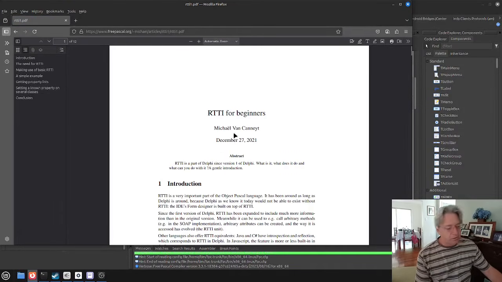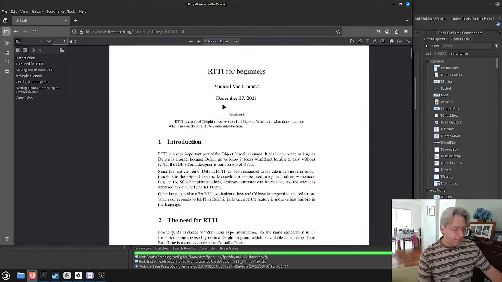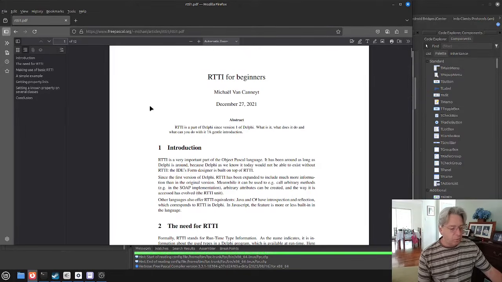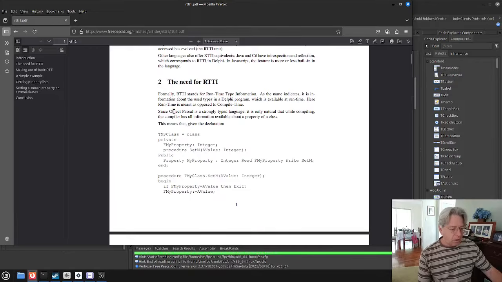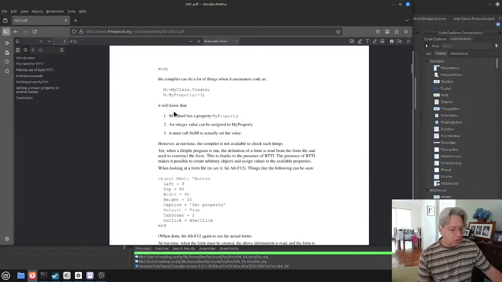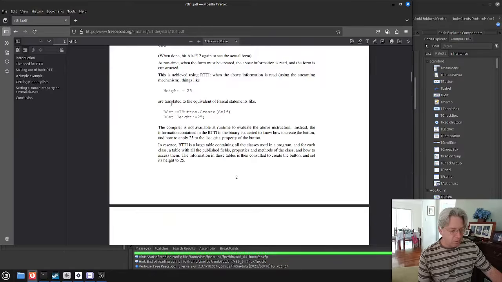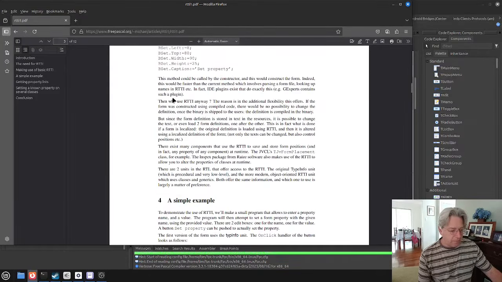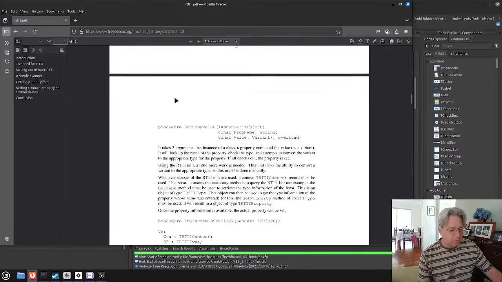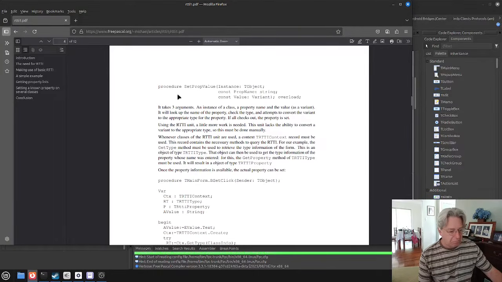Okay, so the first result here was RTTI for beginners. It's from 2021, and it shows you what you can do. I haven't really seen this one yet, but it has a simple exercise, set property value, email or text. So that's a good starting point to read more about how we can use RTTI. I'm sure there'll be something on the Free Pascal documentation web page, which I can also provide a